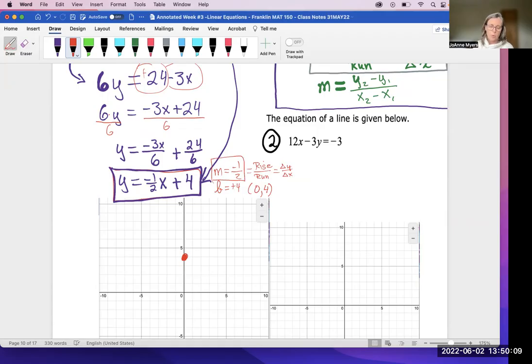Well, -1/2. So from this point, I will go down 1 and over 2. And that would be another point on my line. My slope is ratio 1 to 2, down 1, over 2, and so on and so forth. So all of these red dots, and then I can also go explain in the class, -1/2 is the same as